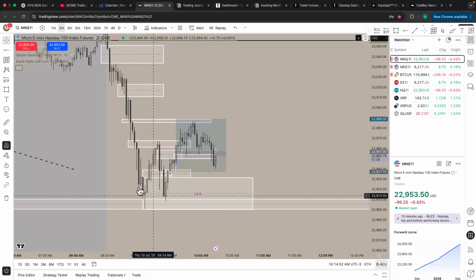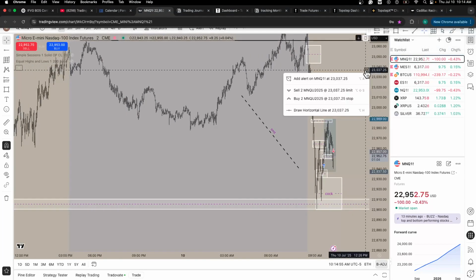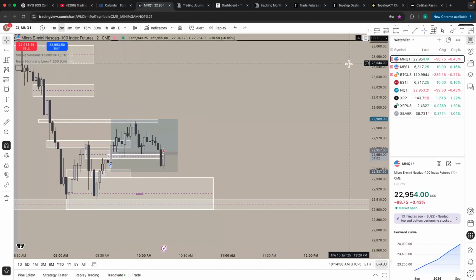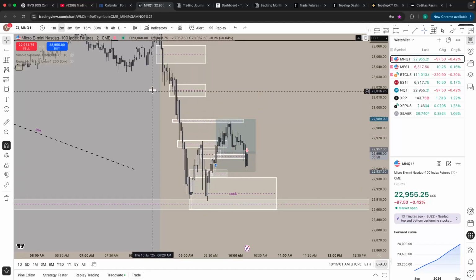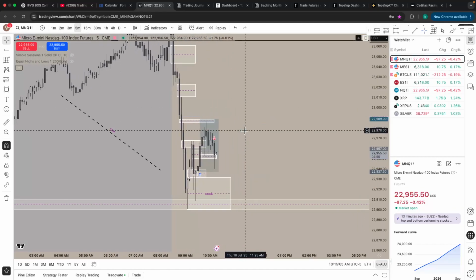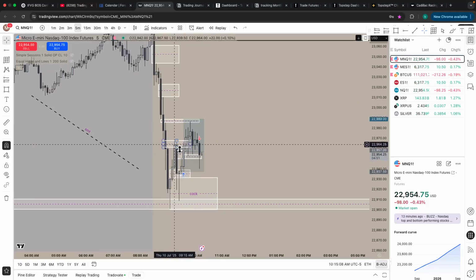Market comes down, sweeps out a 1 hour sell side liquidity. After we get that 1 hour sell side liquidity, market pushes up. We get a 5-minute inverse fair value gap, which is here, we had a gap right between here. We inverse that. We tap into this 5-minute just to fill in and reject out to go tap into this order block we had here in the 5-minute and a 5-minute fair value gap.